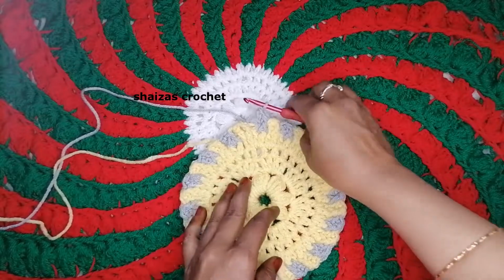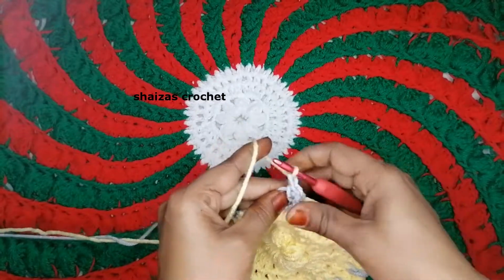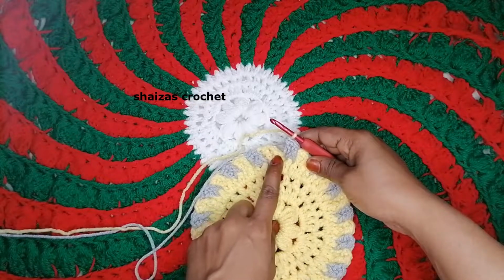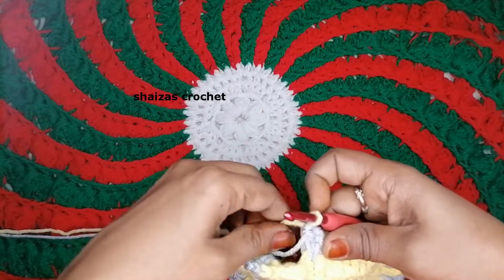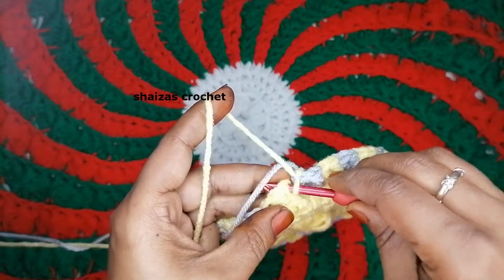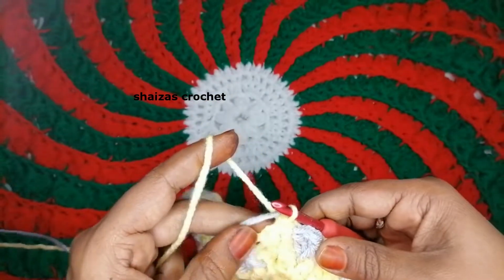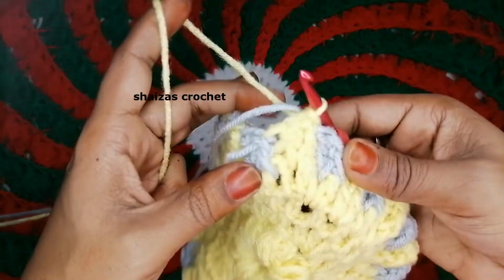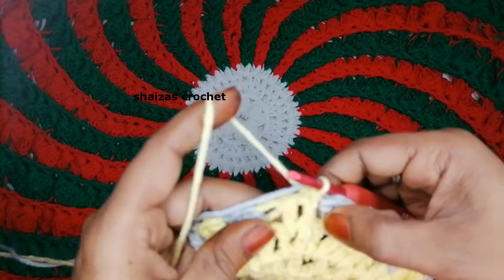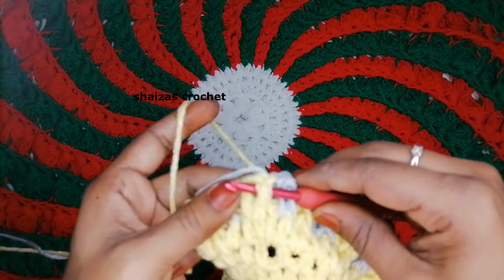So here we finished this row. Let's take the yellow color, because we started with the yellow color and we are going to do the slip stitch with the yellow color. And then keep the ash color like this. We'll insert the hook into the first double crochet, make a slip stitch, and then keep the ash color like this itself. We are going to make into the very first, insert the hook like this,